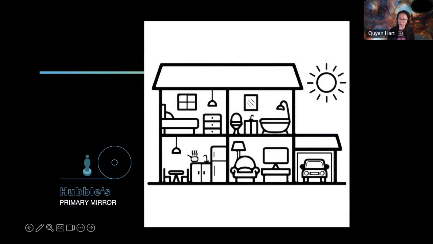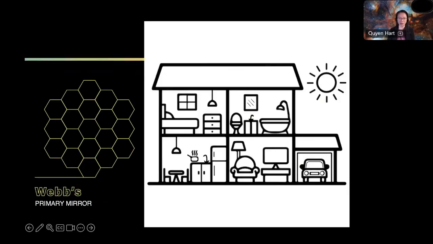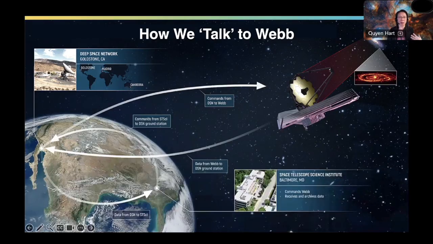And then I said, well, JWST, I can't do that. It's too big. Well, how big? I have to lean it up against a 2-story building. And so that visual, again, allows them to understand the size of those mirrors. And then we know the observatory is roughly about a tennis court size. So having analogies and touch points to everyday things is really helpful in the communication, so that you're not using jargon here. For your different audiences, they might really want to know, how do we talk to Webb?